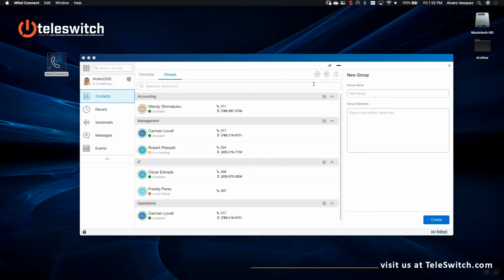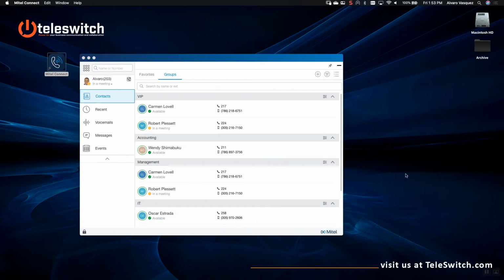A new panel will open up to enter the details of the group. Enter the group name, type the contact name you want to add in the group, and select the Create button once you finish adding your contacts in this group, and that will create your new group